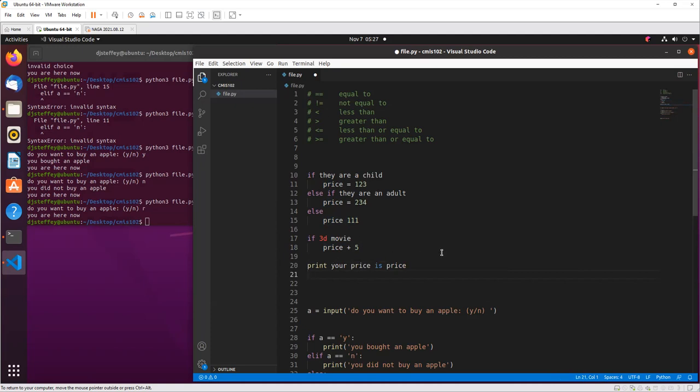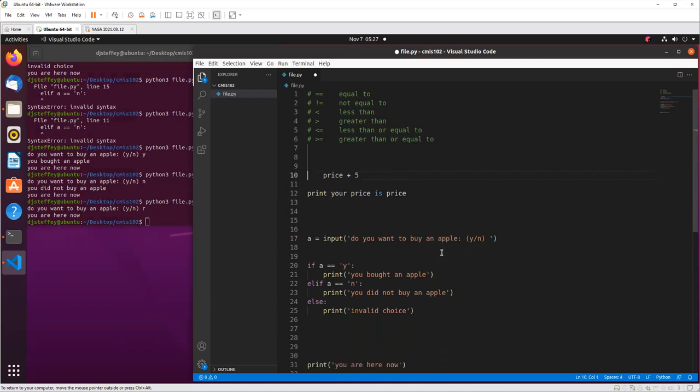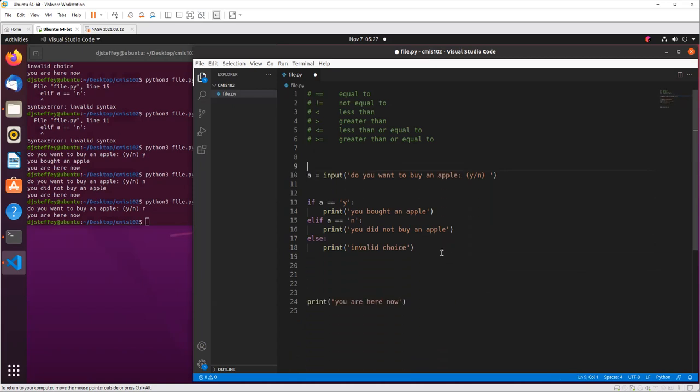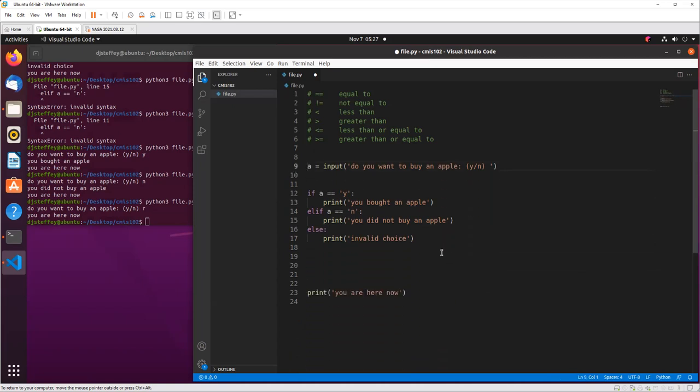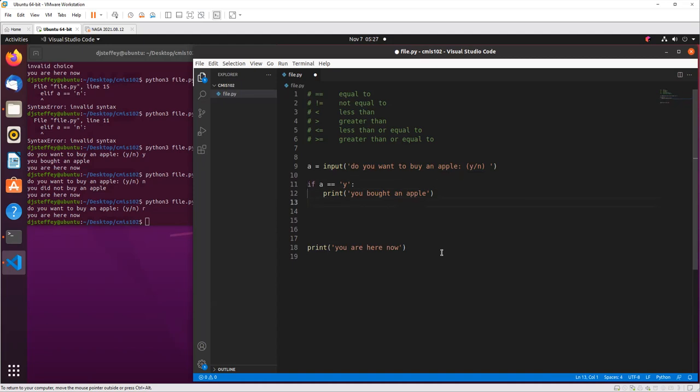All right. One more thing I want to cover with the else and else if is you can have them nested. Nested means you can have an if statement inside of an if statement. Let's get rid of these for a second. So, like I said,